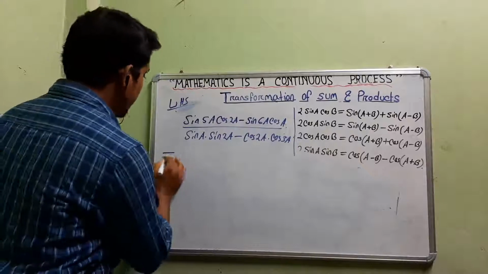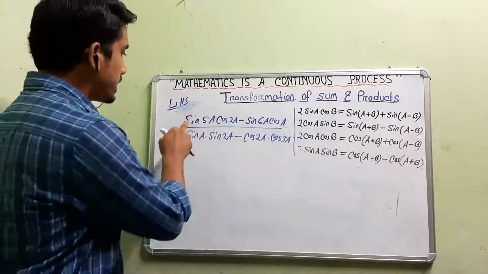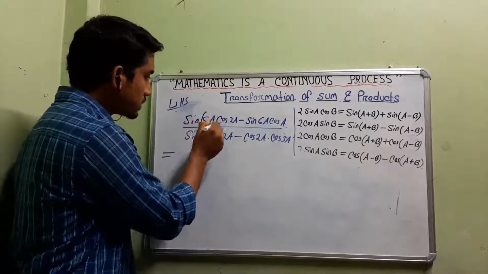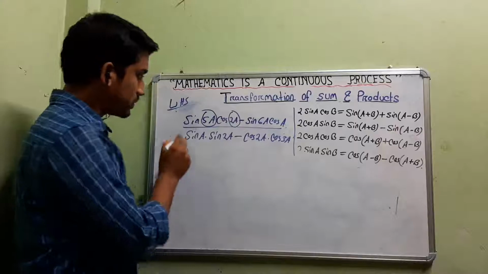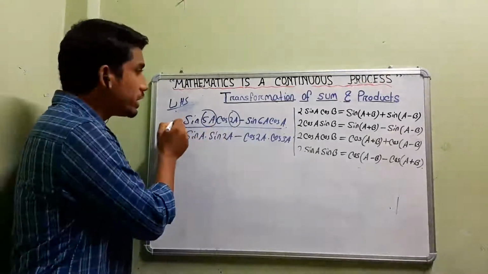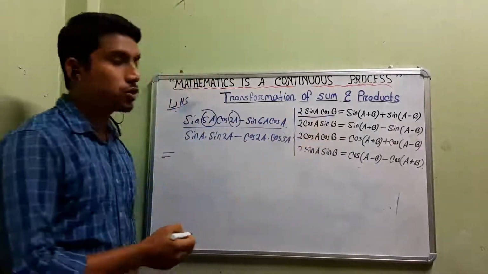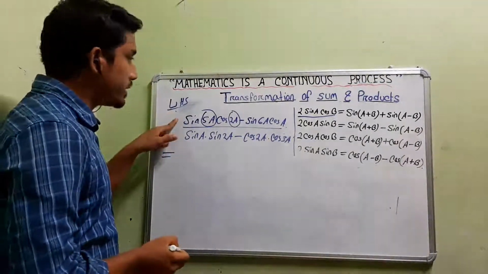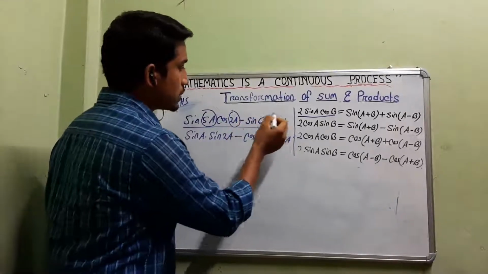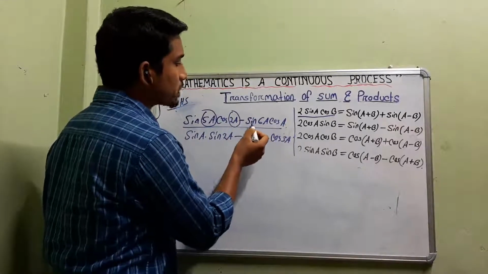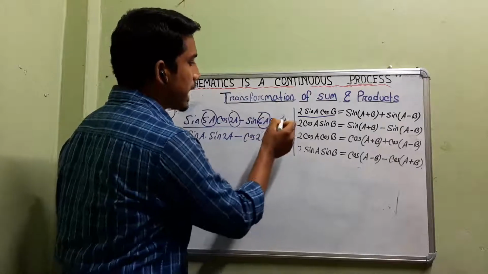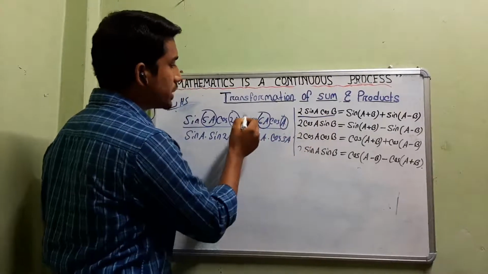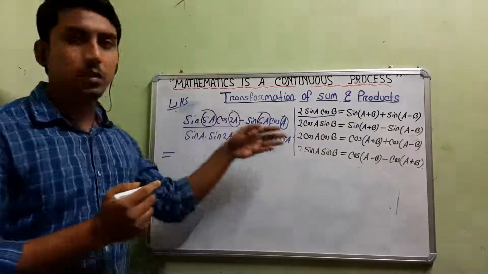After taking it, you see the first part of the numerator, sin 5a cos 2a, falls under the form sin a cos b, but we need a 2 here to make it equal to the first form, 2 sin a cos b. So we can introduce the 2. Again this one, sin 6a cos a, is also in the form sin a cos b, where a is 6a and b is a. Here also we need 2, so we will multiply the numerator by 2.